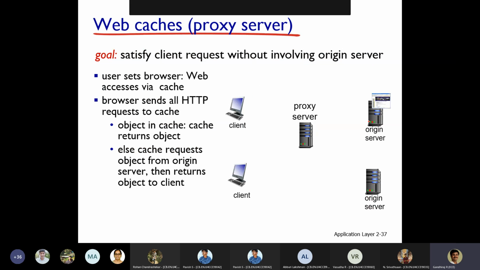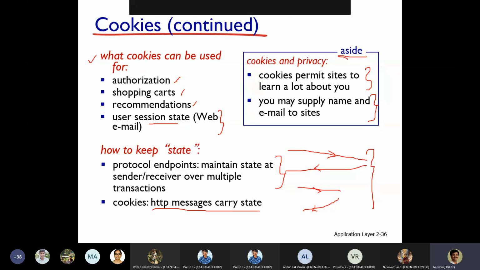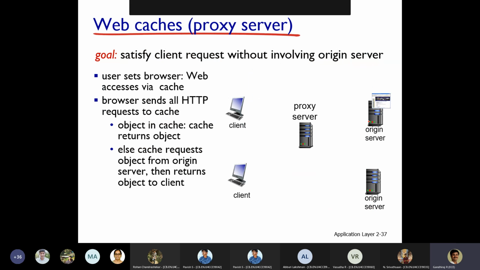Okay, so this is one type of cookie which is installed on our system. Installed in the sense that the server will respond with the cookie ID, and it will be stored in our system. If you go and look in our system, there will be files with bigger names where the cookie information is available. You can search for it in our local system. That can be deleted periodically, weekly or monthly. There are some apps available, CCleaner and many tools. We can remove that.